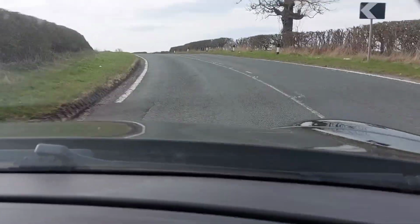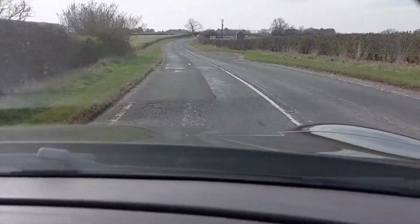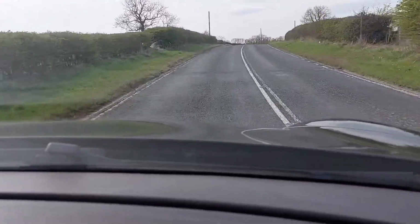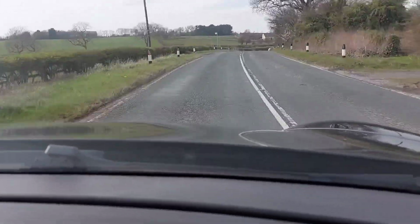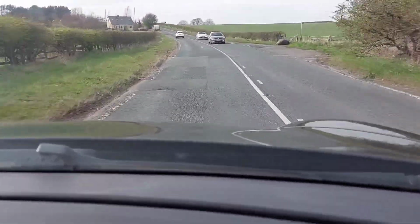Not gonna lie, when you hit that loud pedal, this thing is stonkingly quick. 6.6 seconds to 60 in something that weighs 2.2 tons. When you hit the loud pedal and that kick down kicks in, you're really not prepared. And if I'm honest with you, I can't even think of what a Cayenne Turbo feels like, because remember, this